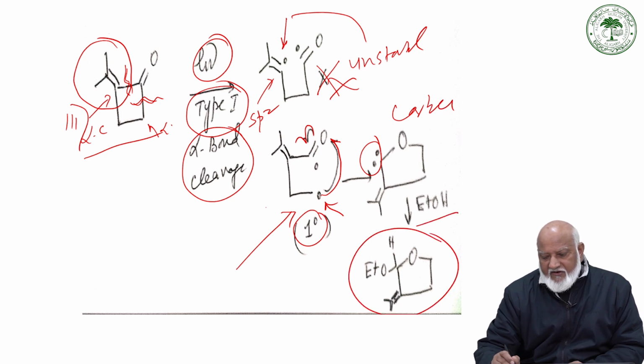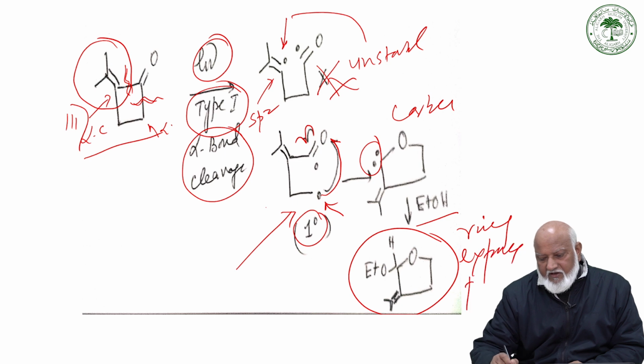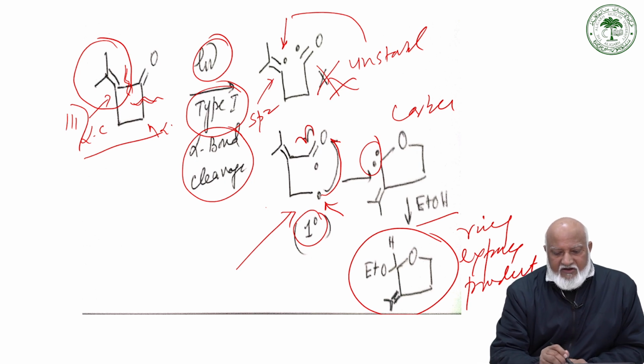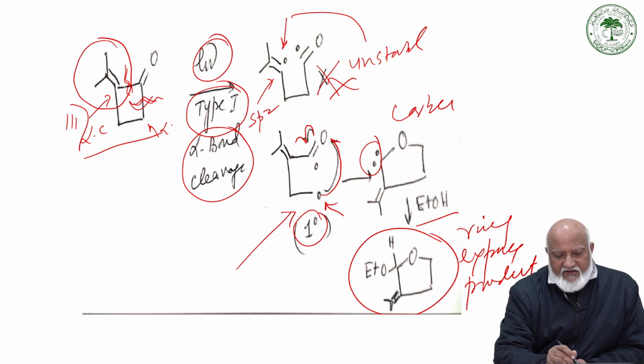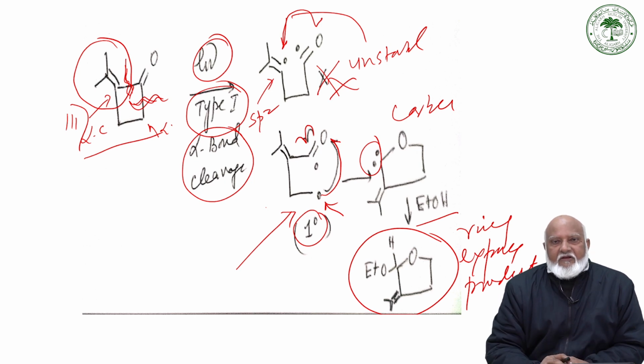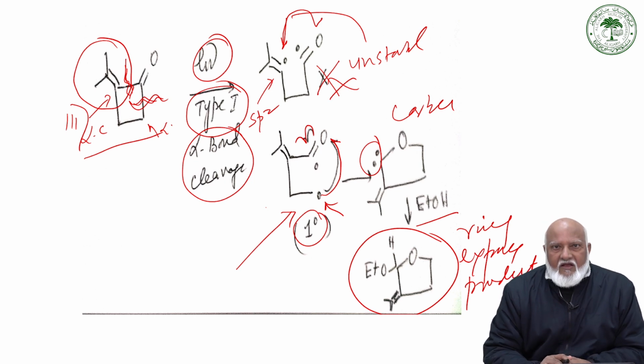So this is the ring expansion, possible ring expansion product in this particular case. So here, if we make a difference by cleaving this one, so this is going to be cleaving this one, this will lead to a different ring expansion product. So in this case also there is going to be a preferential alpha bond cleavage in the photochemical reaction of cyclobutanone,